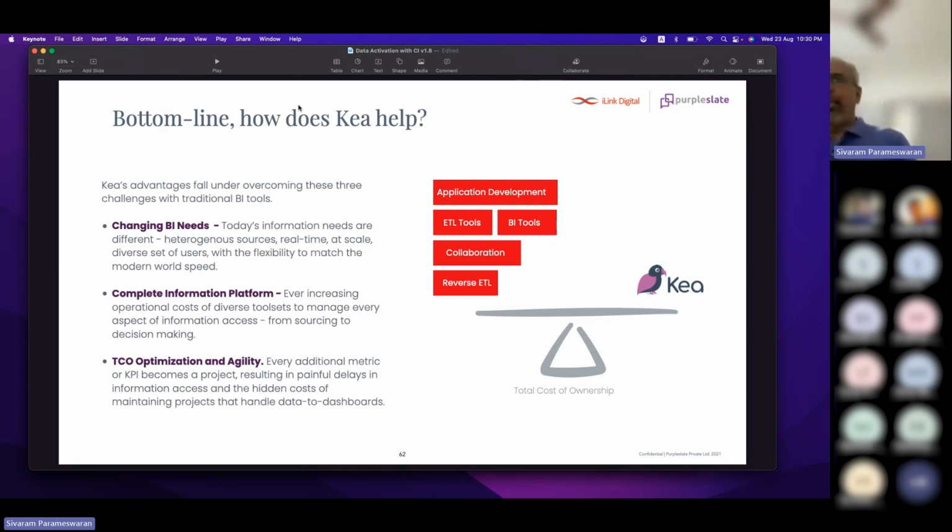So the bottom line, where does it really help? If you look at today's data engineering and analytics spaces, there is a whole bunch of fragmented tool sets. One to do data integration, another one to do this, another one for collaboration, another one for reverse ETL. We are trying to say, hey, why can't we build a complete data stack for the AI world, powered by a language interface and a lot of AI features with automatic insights and all that? Added to that, there is the collaboration part, the reverse ETL part, and all that. I think that's pretty much what the platform offers.